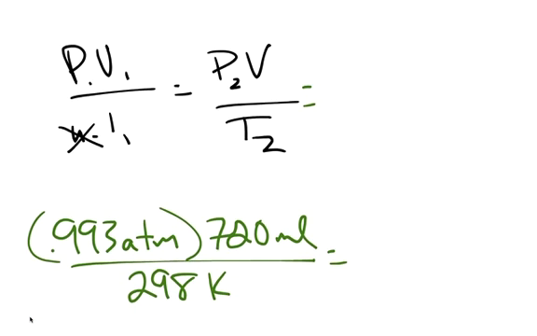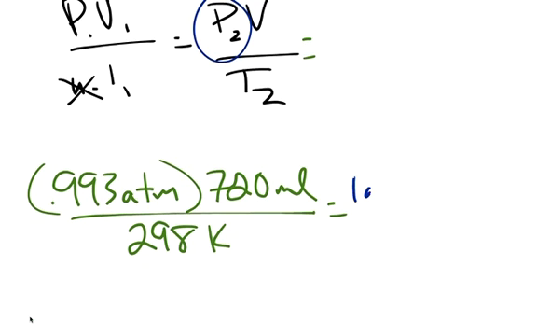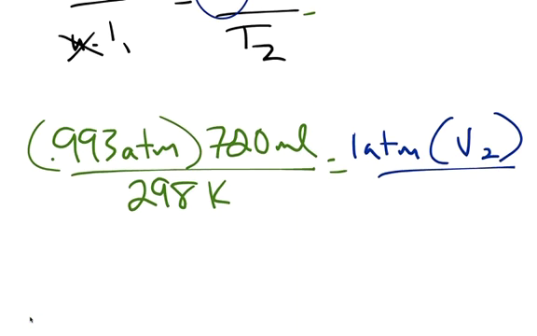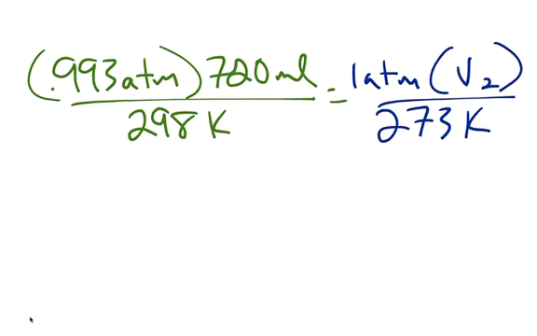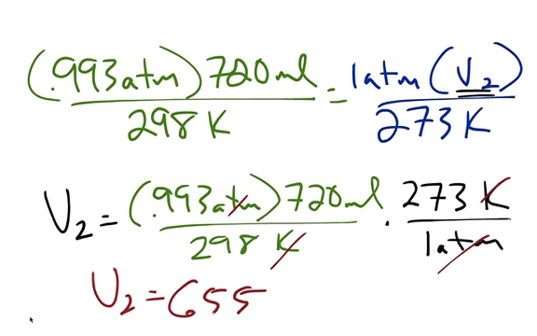That is equal to, on the other side of the equation, my P2. Again, we want to solve for standard conditions, so that's 1 atmosphere. My V2 is what I want to solve for. And my T2, again, is standard temperature, which is 0 degrees Celsius or 273 Kelvin. So perfect, I have it all set up, ready to go. V2 is already on the top, which is nice. I'll just multiply both sides by 273 and divide both sides by 1 atmosphere. Atmosphere cancels, Kelvin cancels. V2 is now equal to